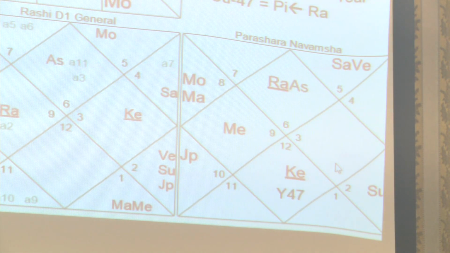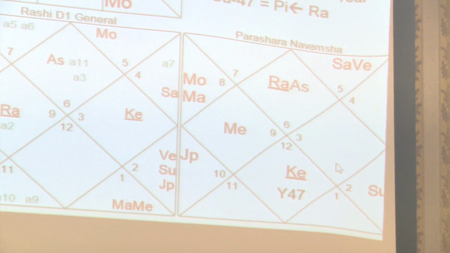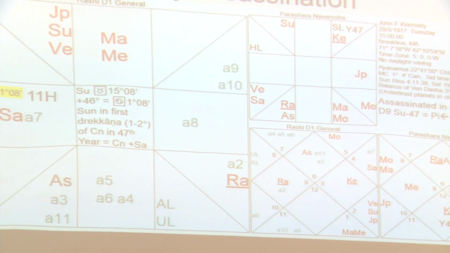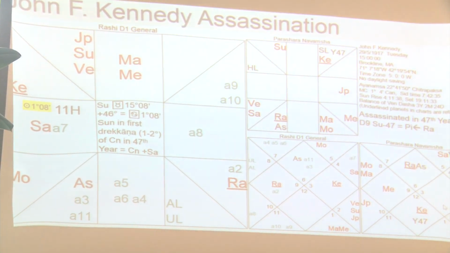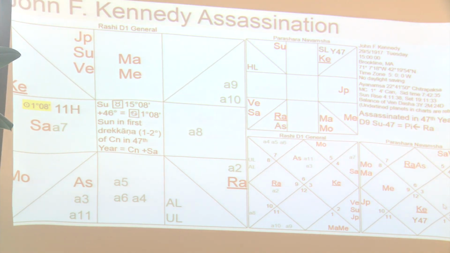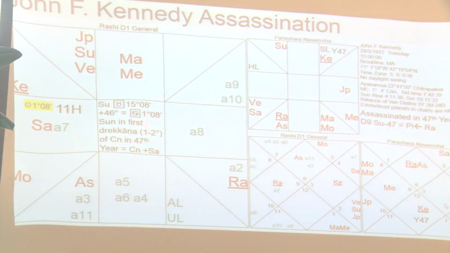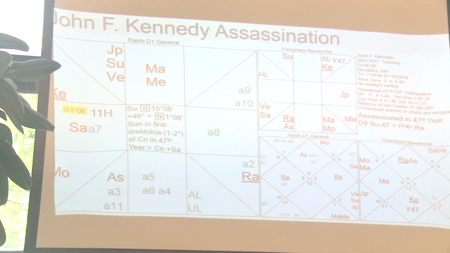Want to try another one? John F. Kennedy. Right? Now this time you should be able to do it, because I did the first one. 47th year means add 46 degrees to the sun position. That's the first step. We are just doing progressions, and don't say it is Western and Indian and get confused. The sun is in Taurus at 15 degrees 8 minutes. I add 46 degrees to that, I am getting 1 degree 8 minutes. So the sun is going from 1 degree to 2 degrees of